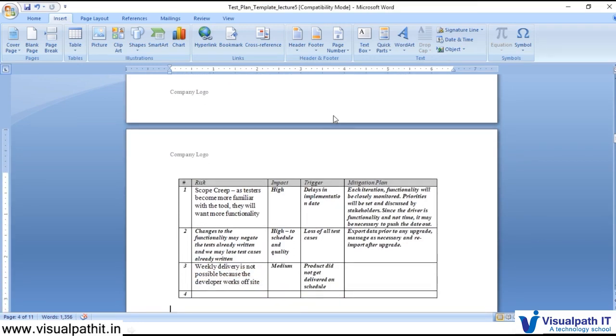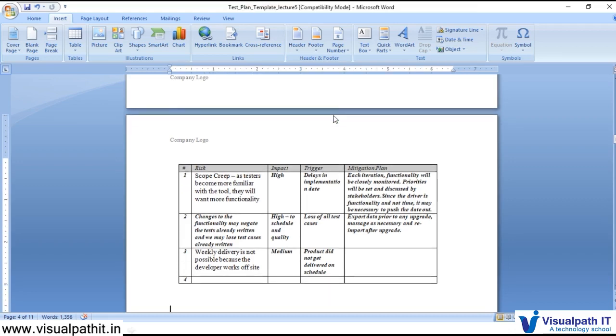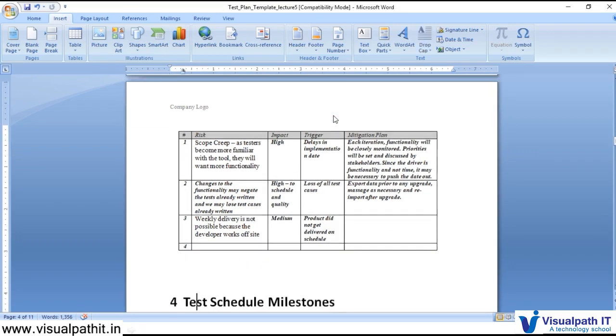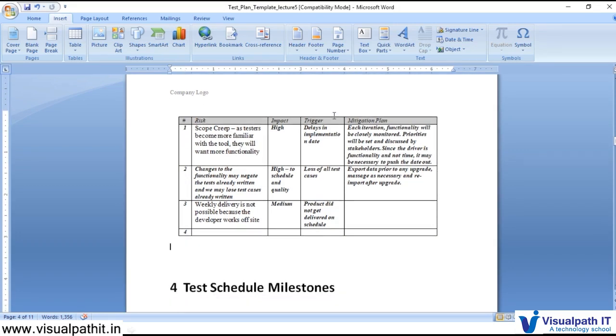And also, if functionality has not yet been finalized and keeps on changing, that risk also we can put here. So any kind of risk, internal, external, any factor, we need to list it down. Now friends, although I am not going deep into it, risk management is also one aspect